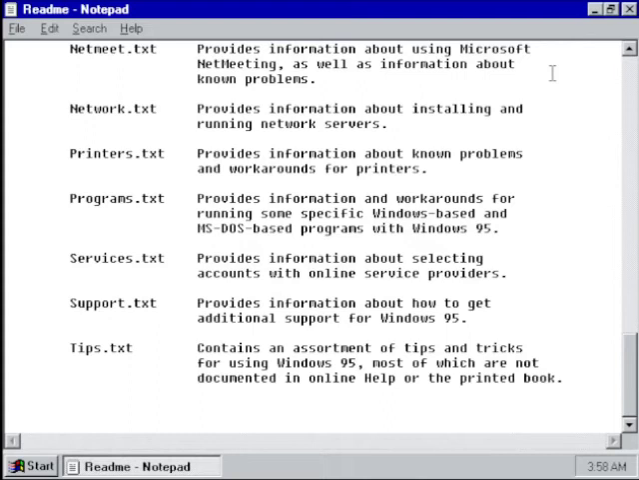Services.txt provides information about selecting accounts with online service providers. I don't know what that means, but it's quite useful. Support.txt provides information about how to get additional support for Windows 95. Quite useful there. Maybe you can have a phone number, maybe a helpful person can help me get my computer running. And finally,